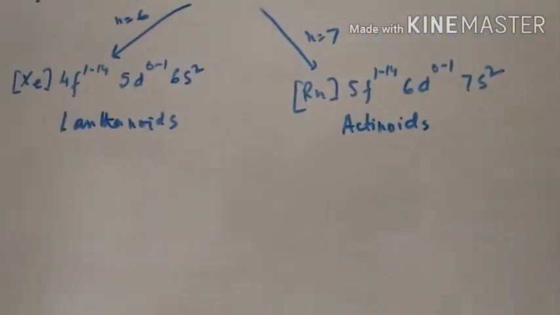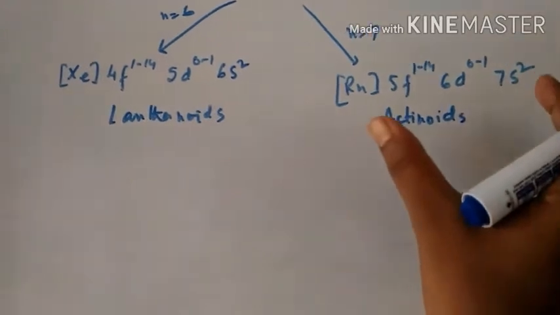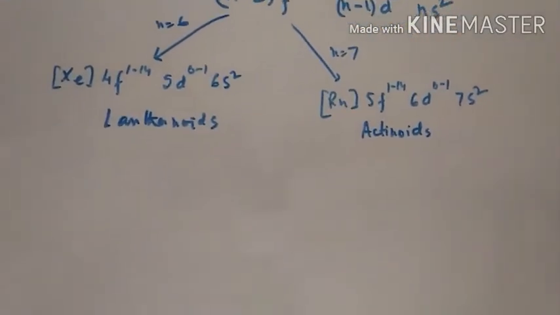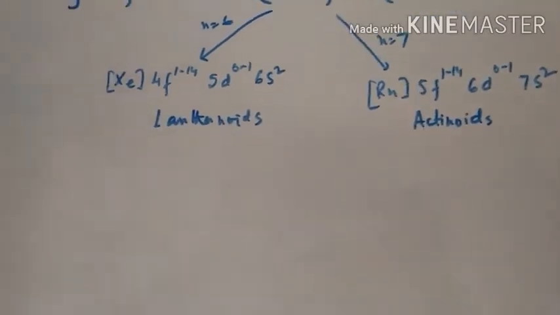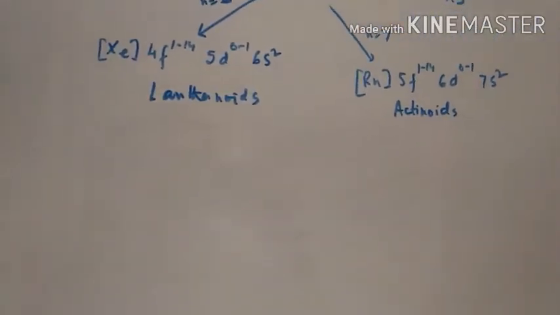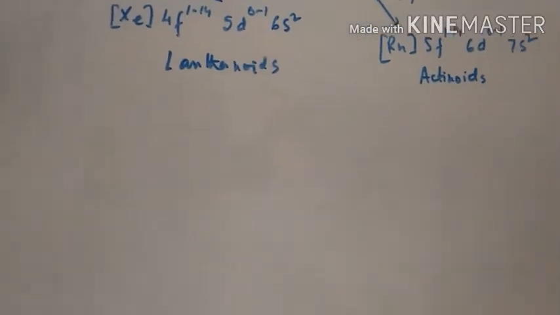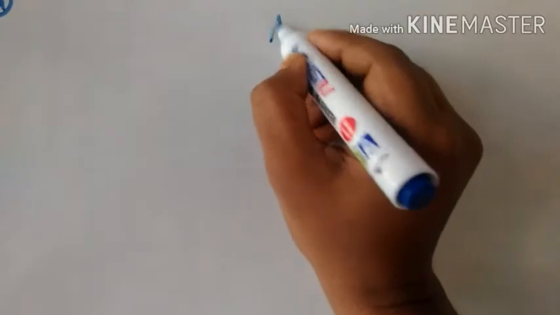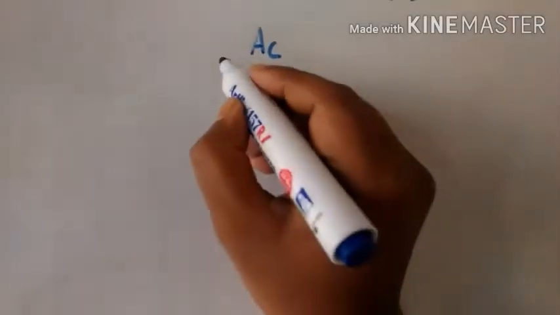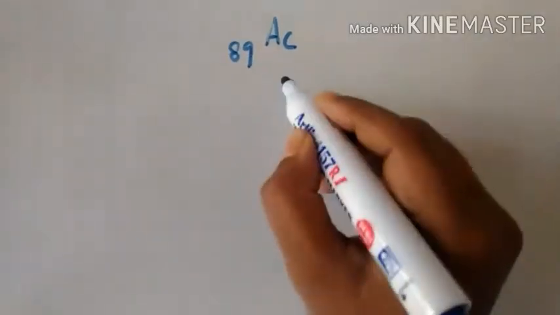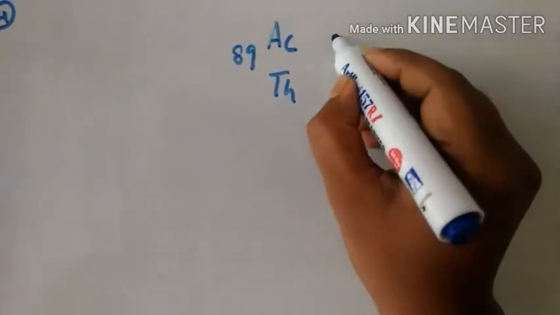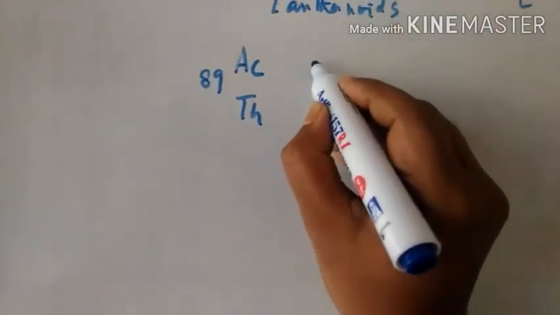Now today we are going to find out the electronic configuration of the actinide elements. There are 15 elements mainly. Let's start with them. Say for example, actinides, first is actinium. Actinium has the atomic number of 89, and then comes thorium. This is how we can write. Actinium actually gives us